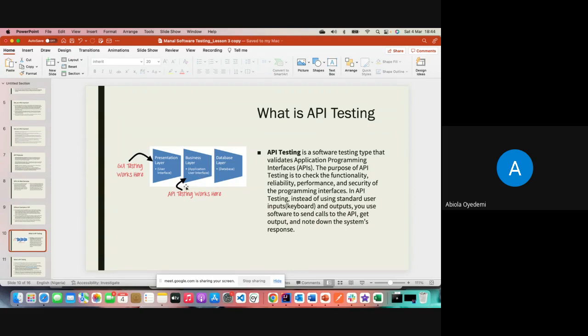So this is your core API, and this is where the API functions. It is in between, the intermediary, like we said earlier. Now, looking at the one behind there, it says it's the what? The database layer. So when you send a request, so here from this interface, you type in